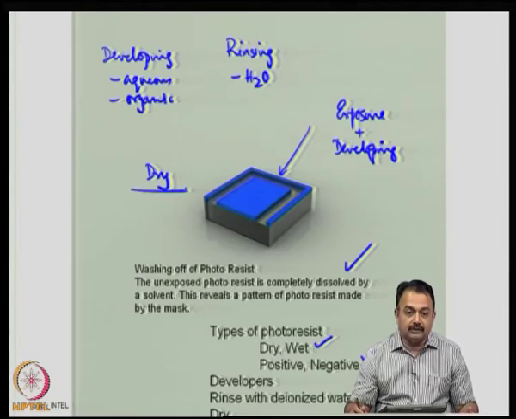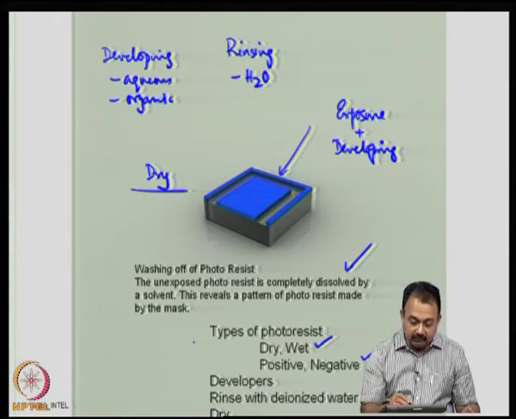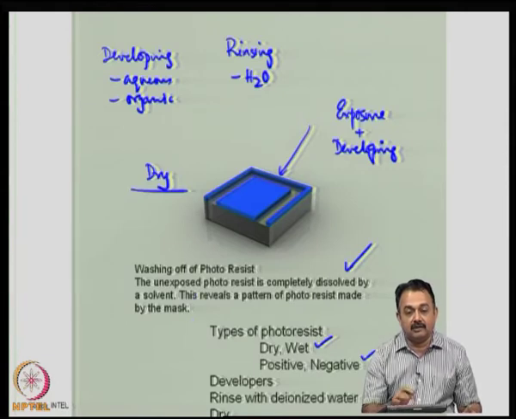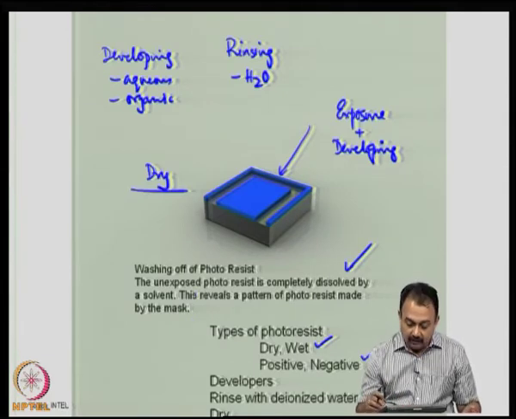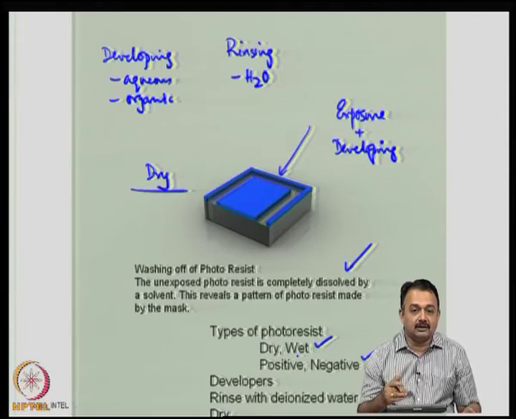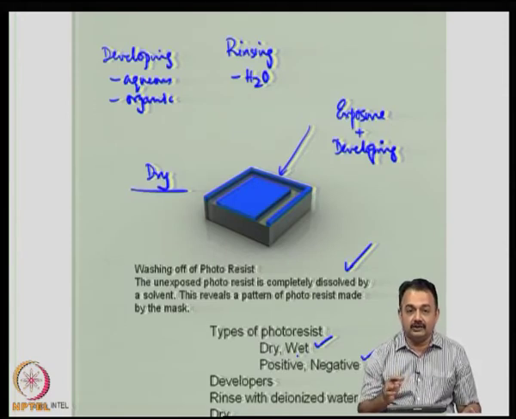Now, if you use a positive photoresist or if you use a negative photoresist, then the developers will change. So, I am not going to spend too much time on this. We will discuss types of photoresist in the PWB technologies section, because these are very similar processes. Therefore, we will talk about what kind of mask you will have to use when you use a positive photoresist, and what type of mask you will have to use when you use a negative photoresist. The mask is not identical for each of the resists, because the developing process is dissimilar.